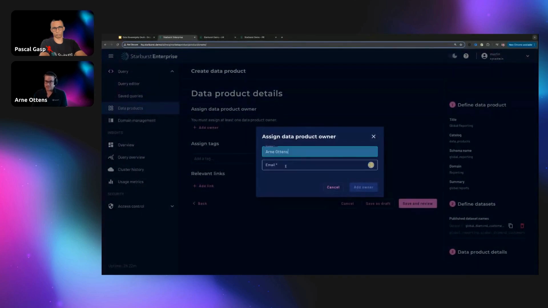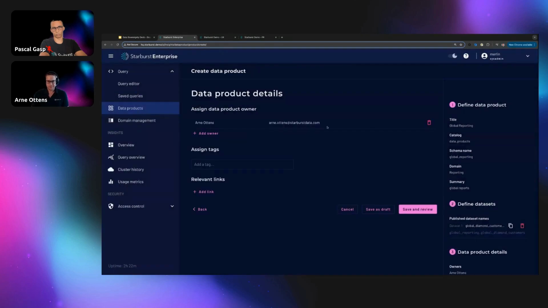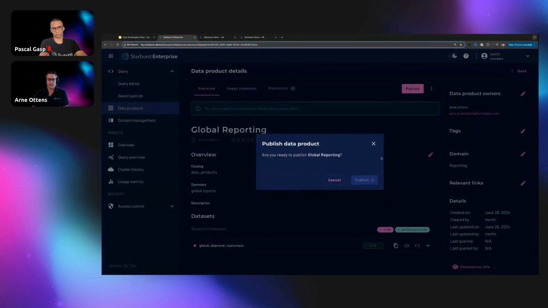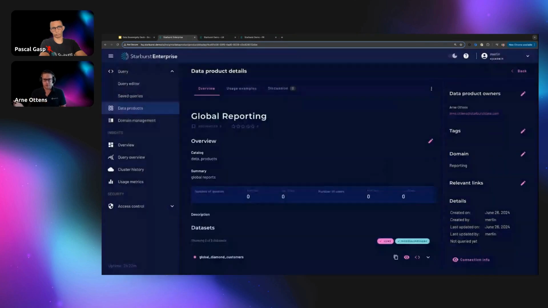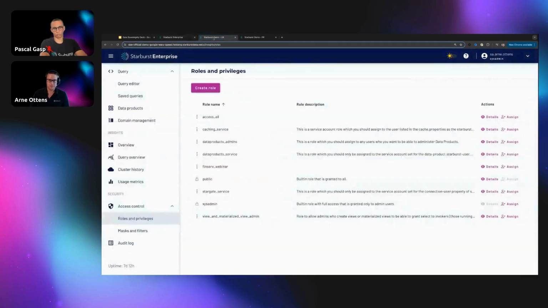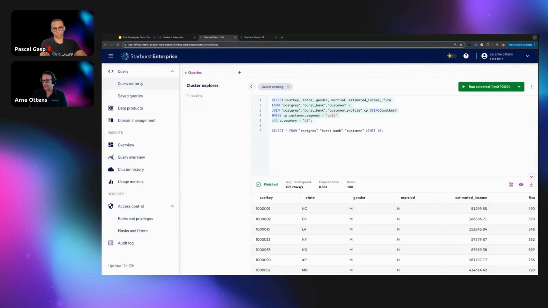So a data product always needs an owner. So if something is going wrong, you exactly know who to reach out to. And then we can publish this one as well. And now this one is ready for consumption through, for example, a BI tool, through maybe some Jupyter notebooks, what have you, and can be used for consumption, for creating new value, all with sticking to your regulations. No data movement involved, no copying involved, just what we want to have.